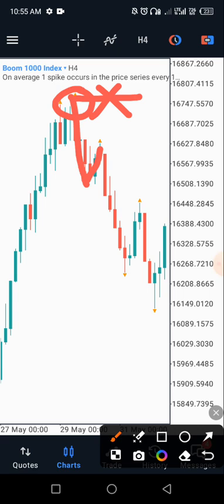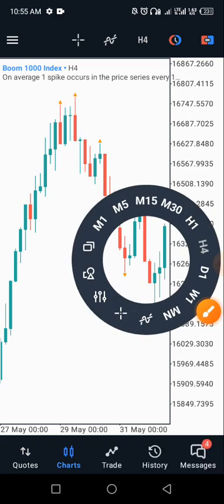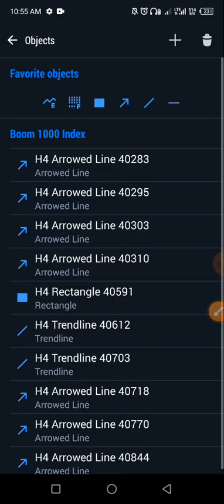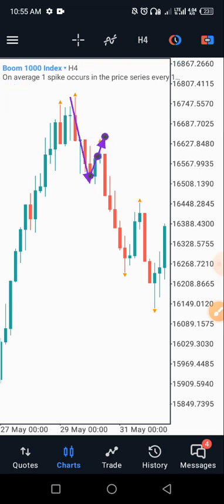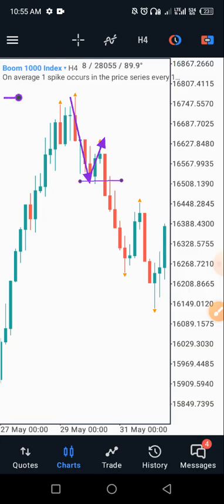So the next thing we want to see is the market selling downward to break structure downward. That's what we want to see here. We want to see the market selling here and then a retracement upward. So we can see that there's a retracement, and then the next thing is a break of structure down. So we can see our first break of structure, and then we can see our first